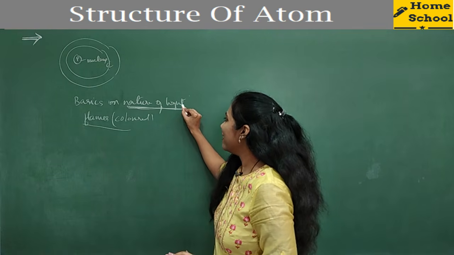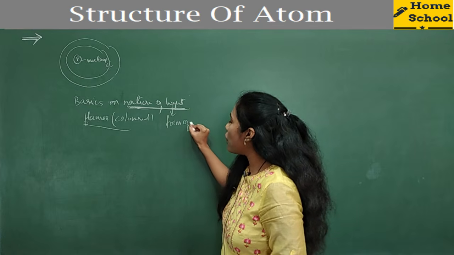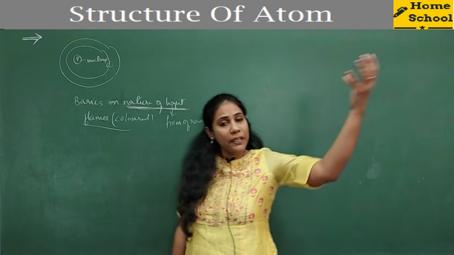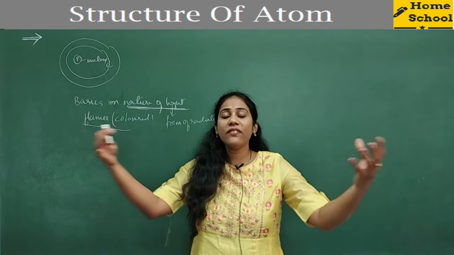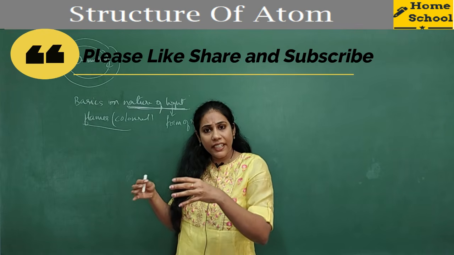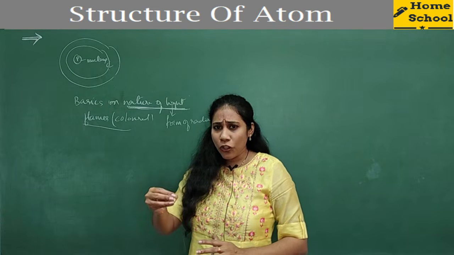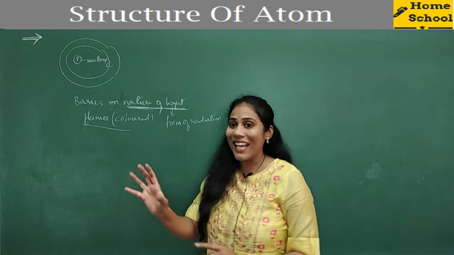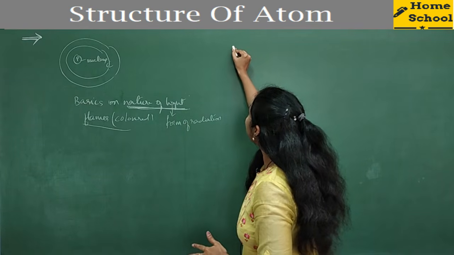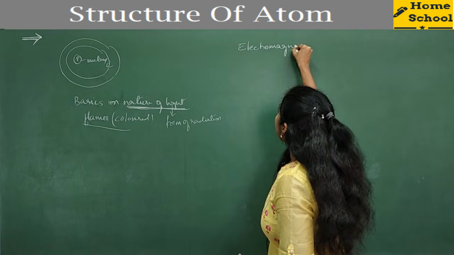What is light? Light is just a form of energy. We know light is a form of energy, or I can say it is a kind of radiation that is coming from the sun, right? Whatever light we see, the natural light in our atmosphere, it is the radiation that is coming from the sun, right? Okay. And I can call light an electromagnetic wave. So here I introduced a new word called electromagnetic waves.